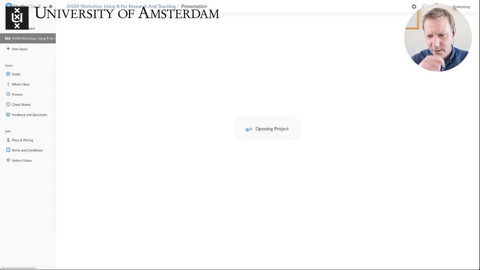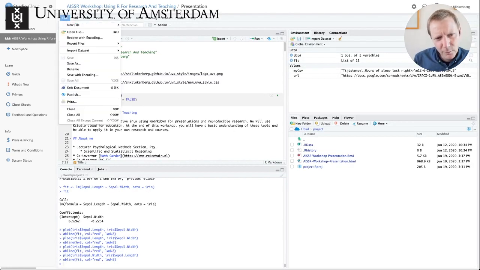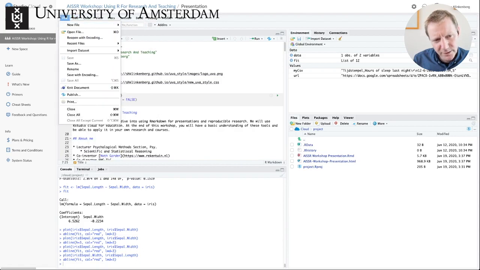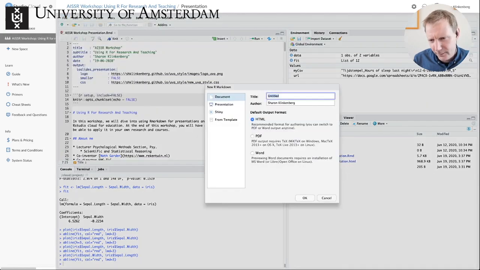So I'm starting the presentation, the code again. So you have file, and within file you have the ability to open a new R script, or an Rmarkdown, which we'll be looking at today. And you see there are all other kinds of scripts that you can use for your presentations or for your research output. So if you click a new Rmarkdown file, it will ask you to name the file,